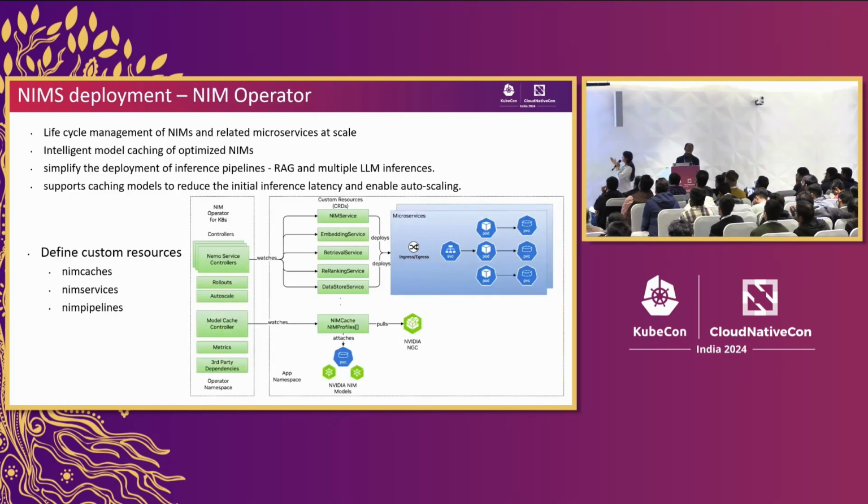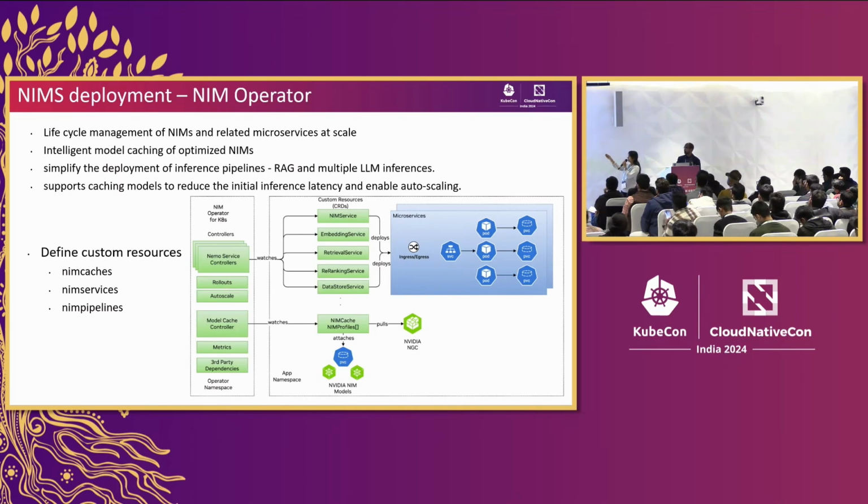Or we can use a NIM operator. This is really the one-click way of deploying a RAG pipeline, because it makes sure that all of those components are there, their dependencies are taken care of, they are talking to each other, their health is good, they send out the right metrics, they scale in the right way, and so on. The NIM operator makes our life really easy to deploy a pipeline.